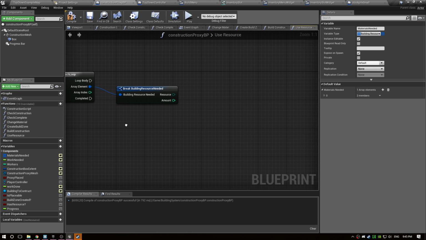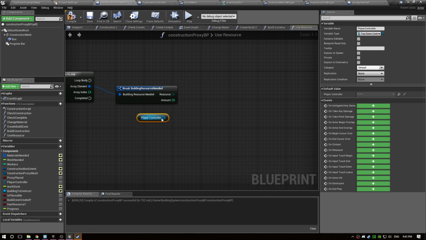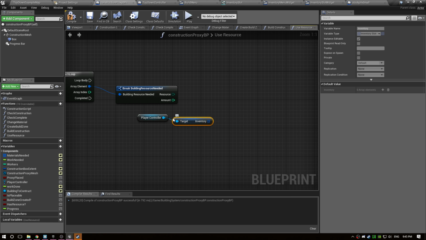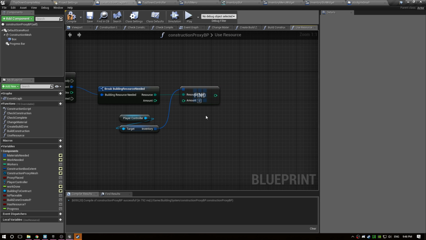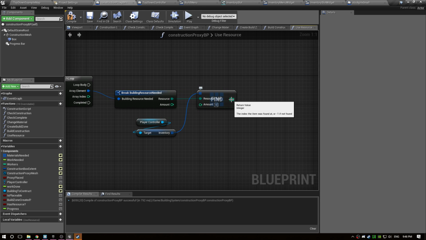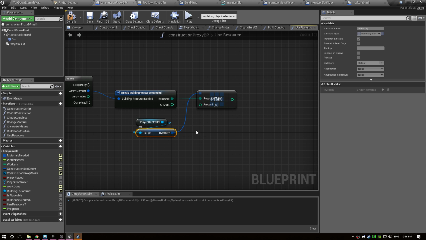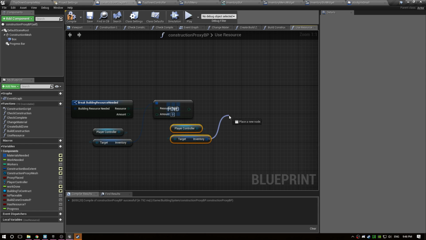So what we should do is something like this. So materials needed. No, we'll do that just now. Okay, so we're going to get the player controller. I'm going to get the inventory. And now what I want to do is find an item. Amount doesn't really matter. We just need to find the resource. And then this integer is the index. So then I want to grab this inventory and set the array element at that index to